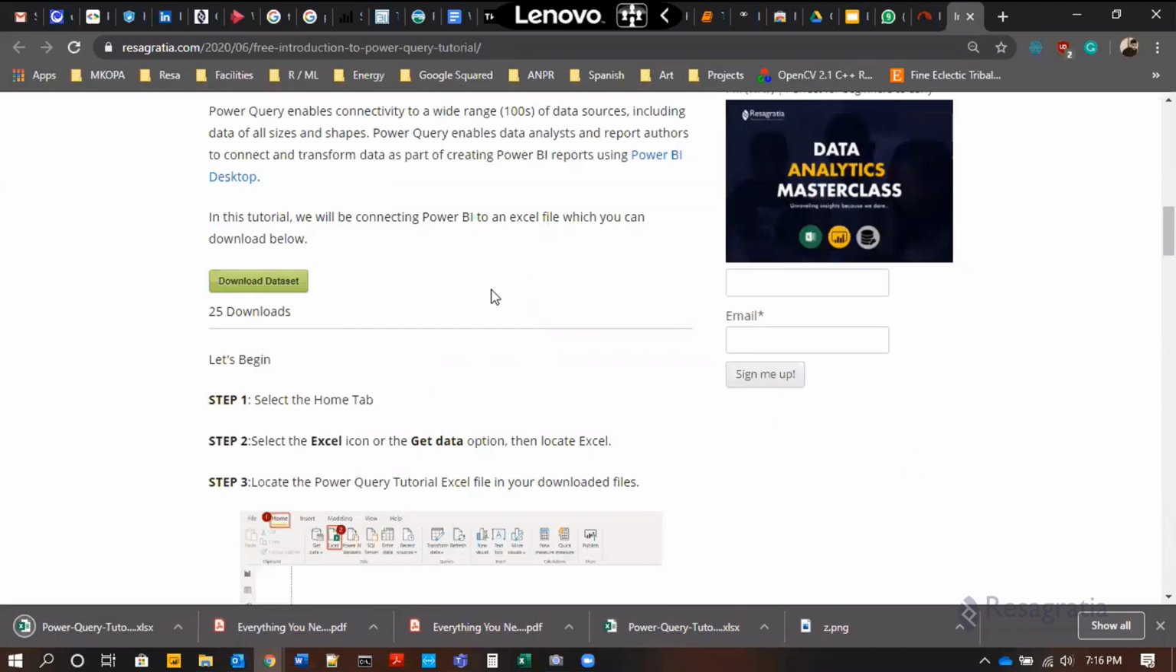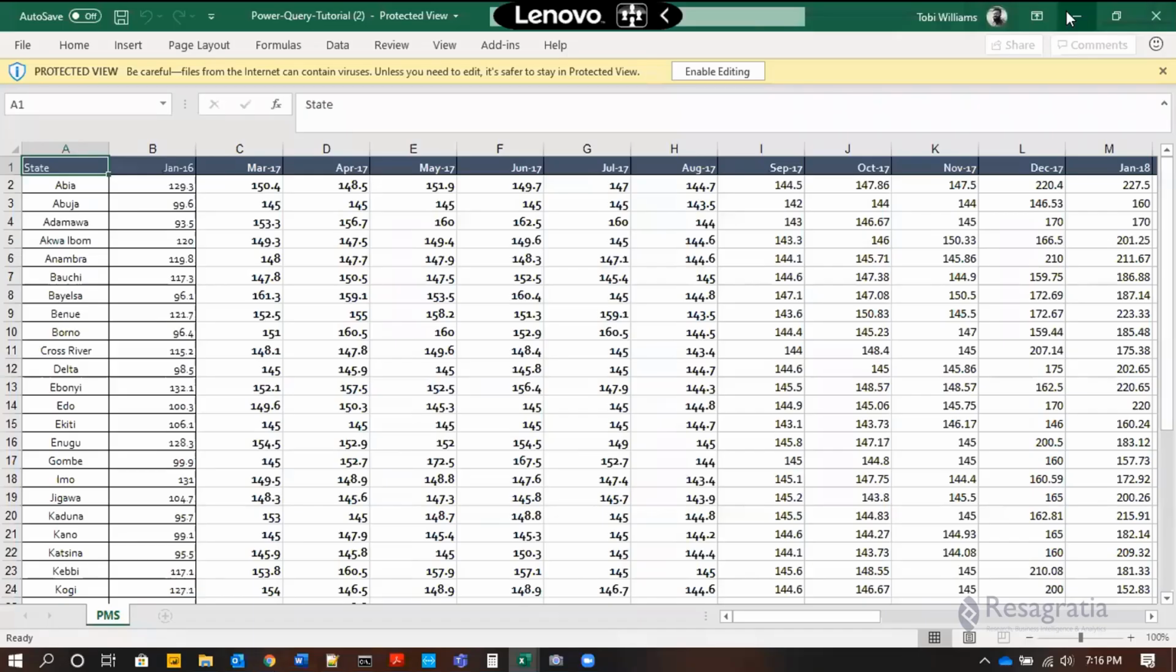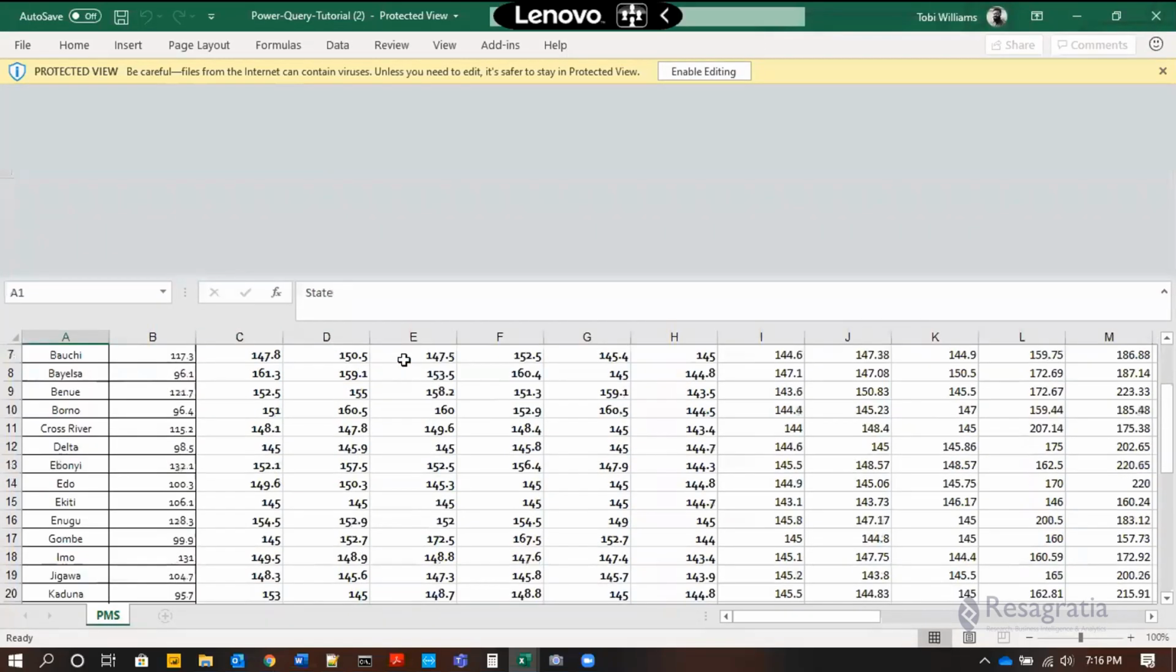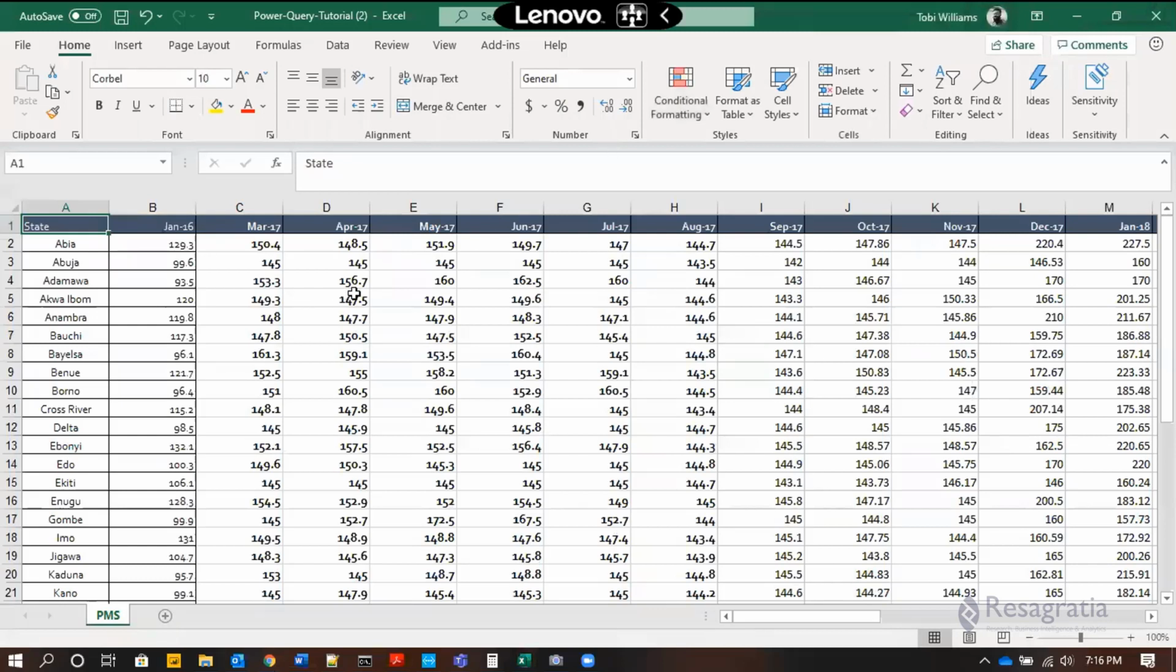So yeah, I wasn't entirely truthful, right? Because we're actually going to do a little bit more than tables here. We're actually going to use Power Query within Excel. So bear with me. So this is the data set that you will download, enable editing. Okay, so it's essentially